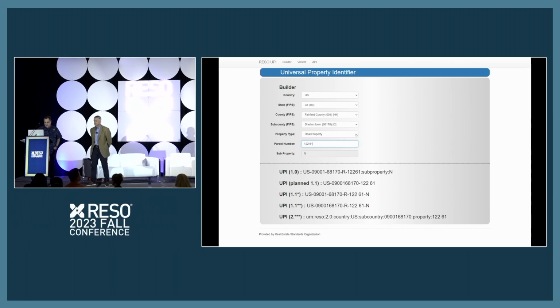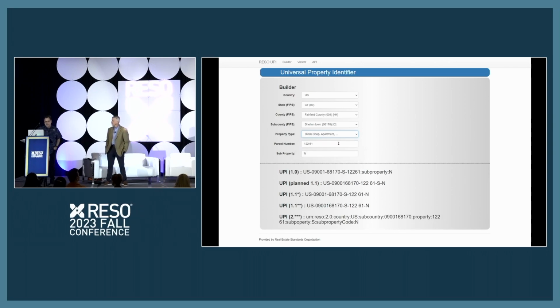So I'm so glad you said that, because one of the things we didn't talk about was what happens. This is kind of an open enumeration in DD speak. We have these types of other things besides real property. Real property meaning there's a tax ID associated with this thing. There's a tax account. It's real property that can be transacted in the eyes of the government. A stock co-op, for example, apartment. Maybe this is a building and there's apartments inside of it, and maybe this is the parcel number, and then maybe there's an apartment number that's 123. This is what that would look like.